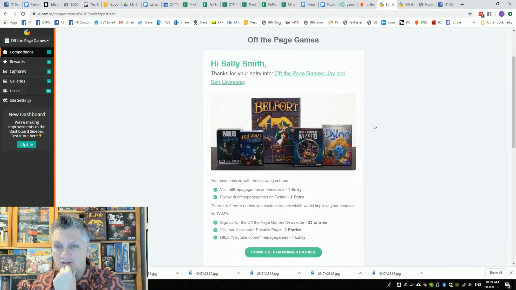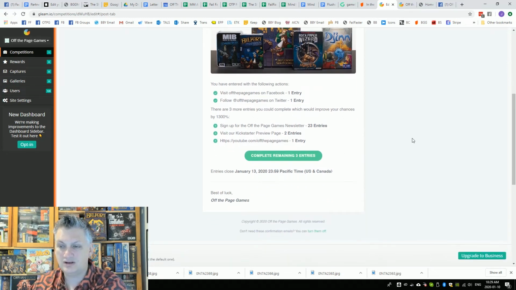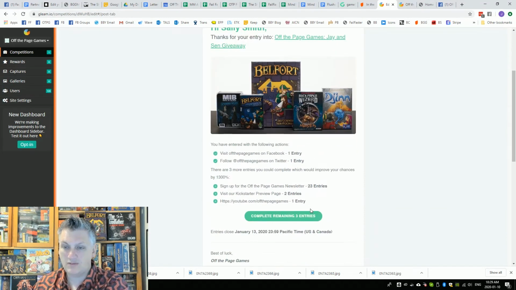I probably should have done this. I didn't have this on. Maybe I'll turn it on now, because then it tells them. I'm going to turn that on. I should have had that on from the beginning. It tells you exactly when it's closed, thanks them, and they can maybe go, oh, more entries I should do